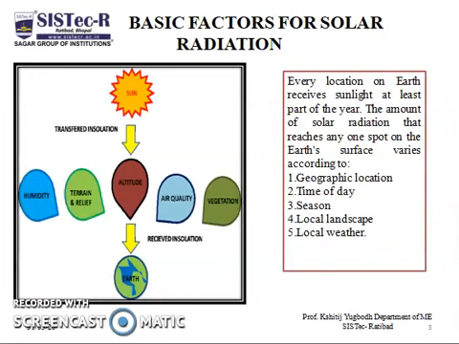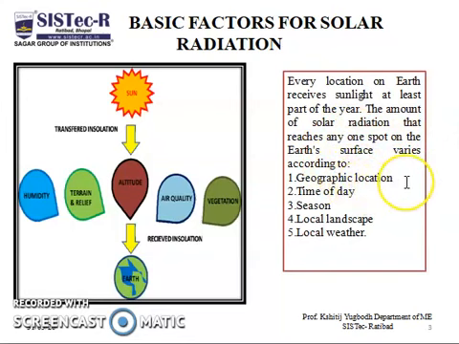Basic factors for solar radiation. Solar radiation on any particular point depends upon several factors which affect the intensity of the radiation at that point. So we are discussing the different factors on which solar radiation depends. Every location on the earth receives sunlight at least part of the year. The amount of solar radiation that reaches any one spot on the earth's surface varies according to: the first one